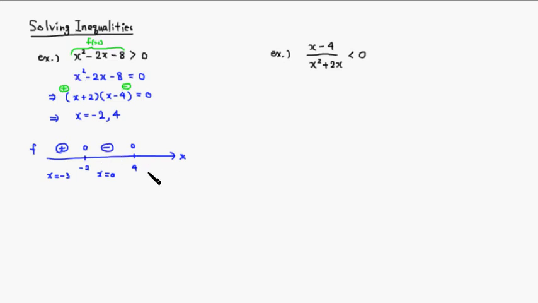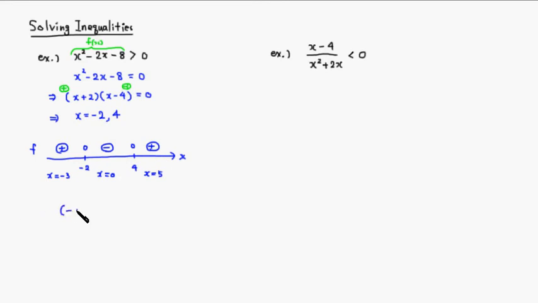After 4, try any number bigger than 4, such as 5. Plugging in 5, 5 plus 2 is positive, and 5 minus 4 is also positive. Positive times positive is positive, so function f is always positive on that interval. Then we can solve the original inequality because we want this function f to be positive. So we know that it's positive on the interval from negative infinity to negative 2, and also 4 to positive infinity. So the solution is